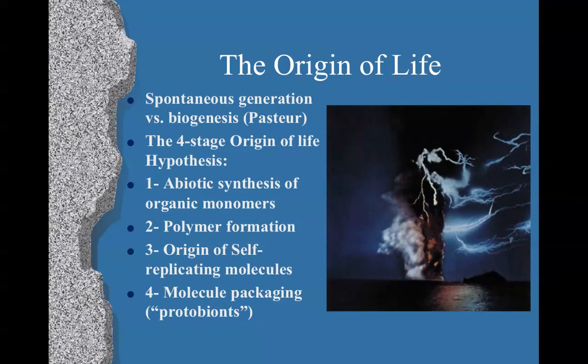And then the fourth step is taking all these parts and putting them together into something that's a protobiont, which means like an early life form, something that wasn't living but was kind of alive. And eventually these protobionts at some point acquired all the necessary conditions to form something that was living, and the ability to control the internal environment